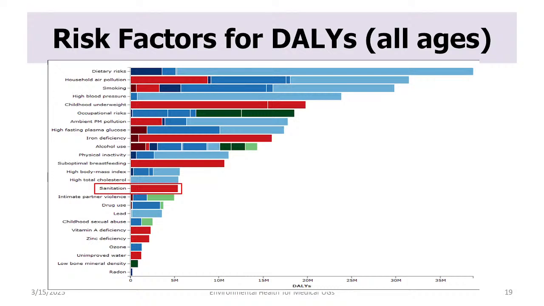Disability adjusted life years. If you have to express the burden of disease, how will you express it? You have to express the burden of a disease. You have to explain it to a patient, you have to explain it to a policymaker, both ways. Please take care of your health, you are having this disease, this is a very important disease, this is a very serious disease. You have to explain it. In what terms? We usually use percentages. What percentage of humans are suffering from a particular disease?